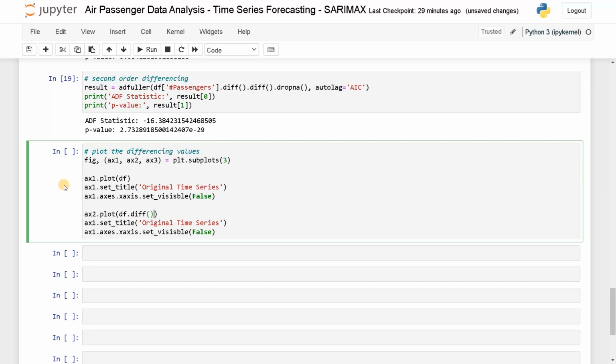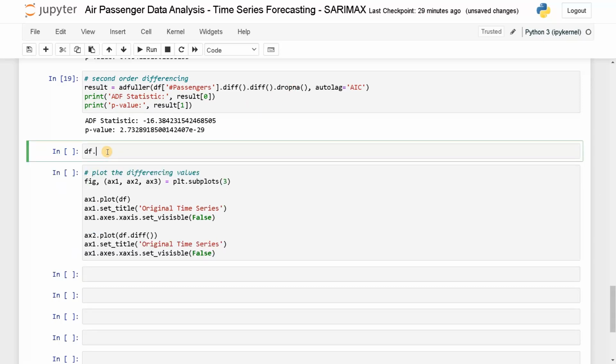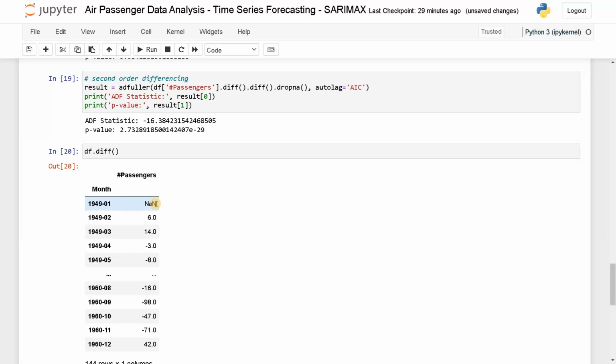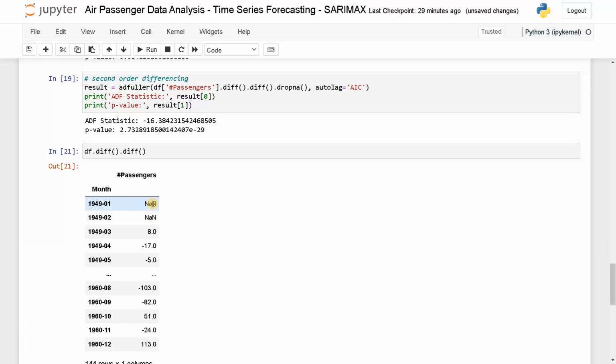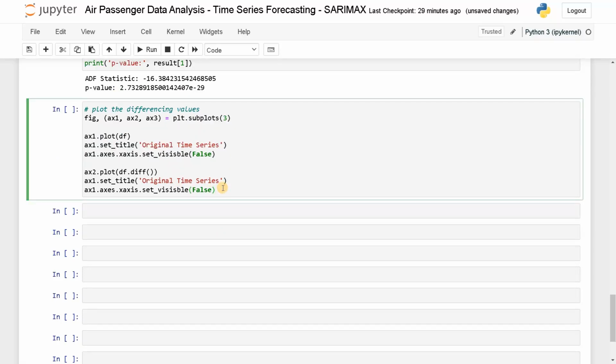In this case we need to use it, I'll just show it here. Diff, you can see in the initial case it has a null value. If you do additional differencing, it will have 2 null values. We have to drop them if you want to use this without any errors. And first order differencing,